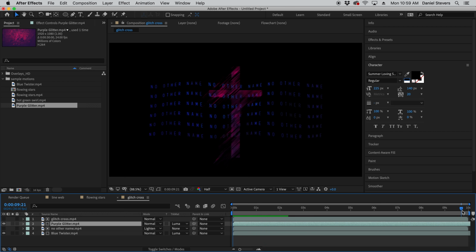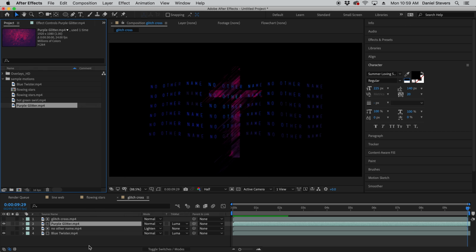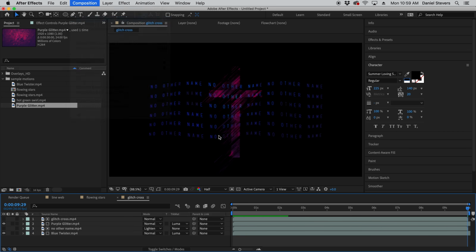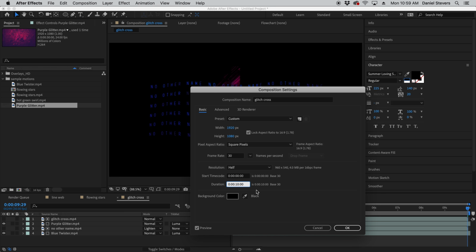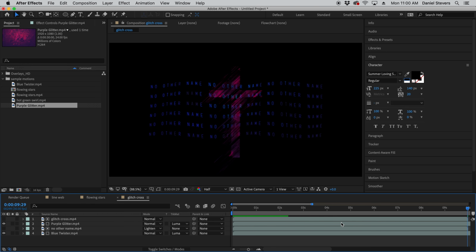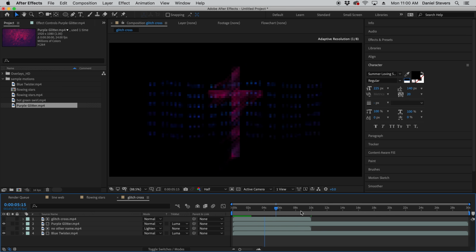So right now you can tell that we've got some time problems though. Our footage is extending beyond our composition here. So let's see here. How long is this? We can check the time code. So these are both 30 seconds. So we just need to go up to composition settings and change our duration for our composition here to 30. Now if I hit the minus key on the keyboard and zoom out, now we can see that we've got